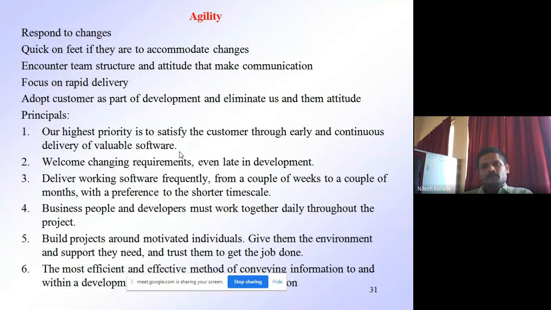In between, from communication to deployment, your customer is not able to make a modification or change his requirements.